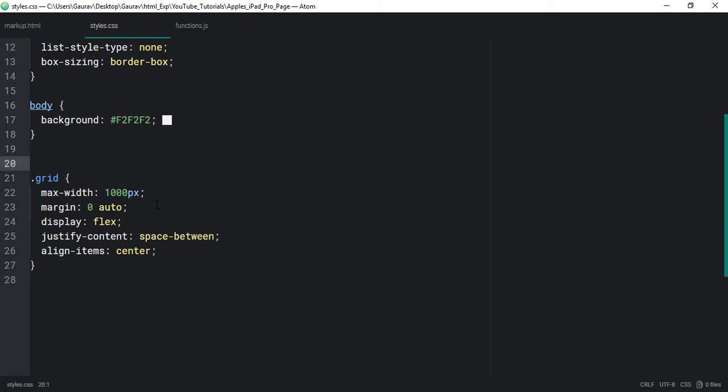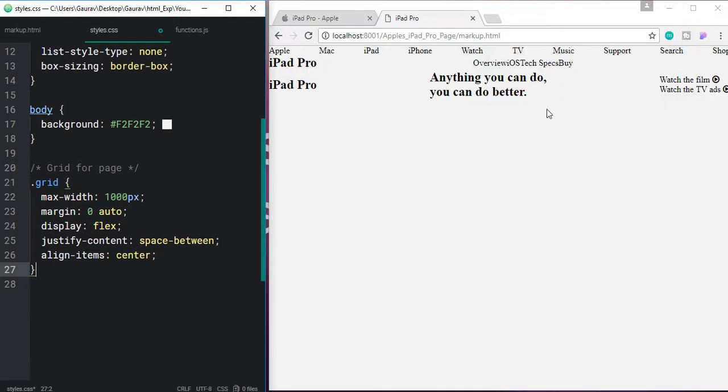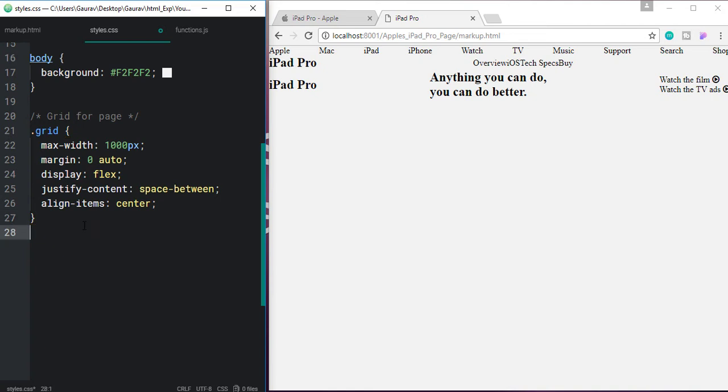Let's add a comment here, grid for page. So now let's target our header. Let's type here navigation menu, and let's target our header first.